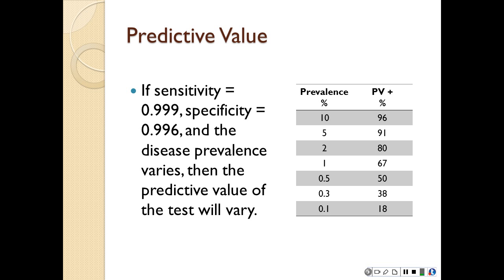Because if you're screening a population for a rare disease, a rare disease has low prevalence, right? I lost my place. A test with high sensitivity and high specificity will yield more false positives than it will true positives. Now, whether or not that's a problem is something to consider. But that is why you want to apply your screening program